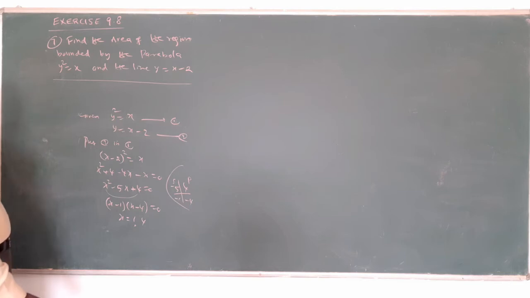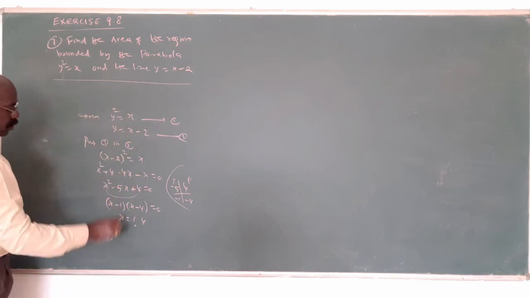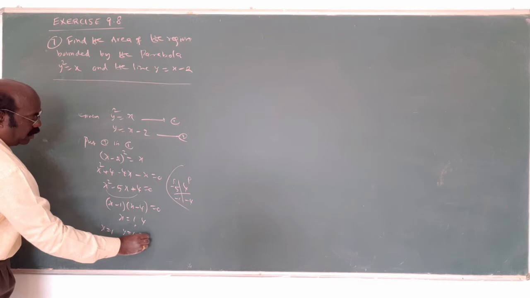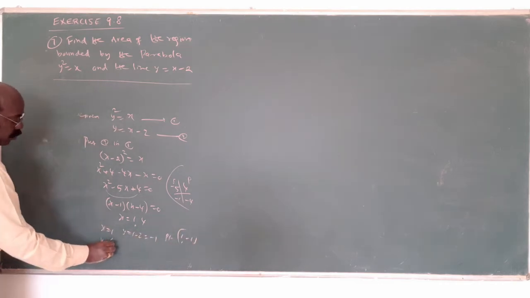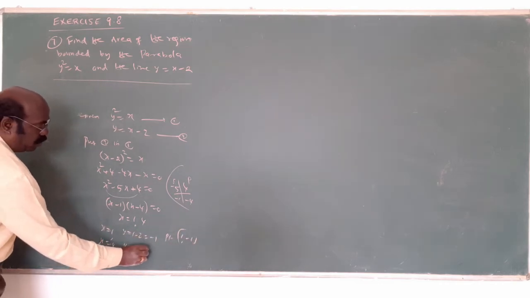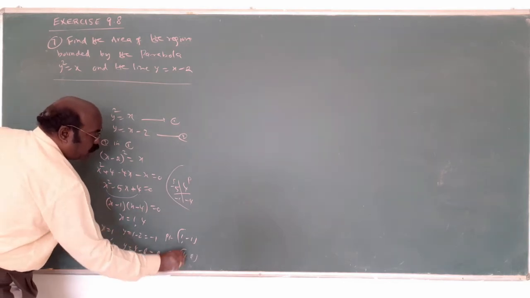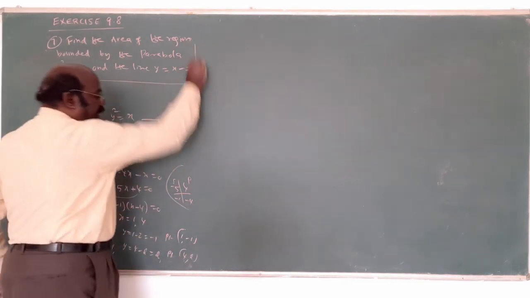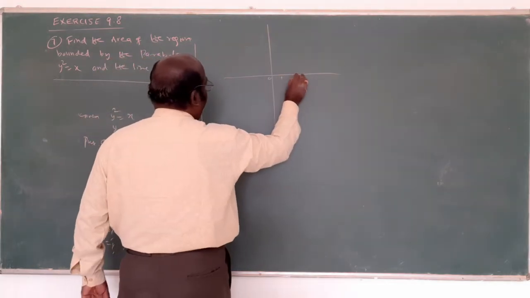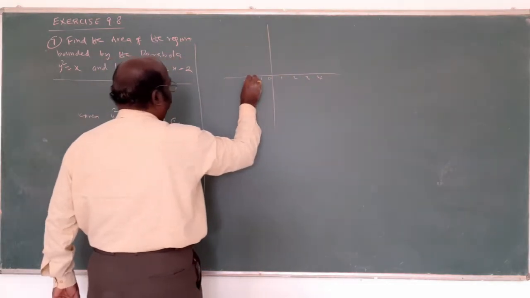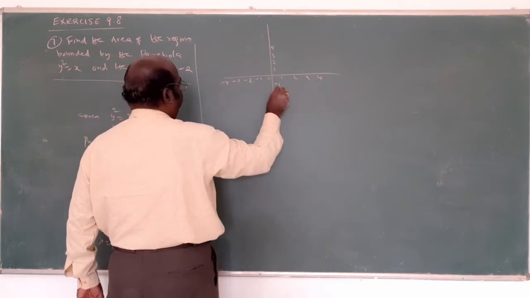Am I right? When x equals 1, what is the y value? y equals 1 minus 2, that is minus 1. The point is (1, minus 1). When x equals 4, y equals 4 minus 2, that is 2. The point is (4, 2). Now plot the points and the axes: x-axis 0, 1, 2, 3, 4, and y-axis minus 1, minus 2, minus 3, minus 4 and 1, 2, 3, 4.